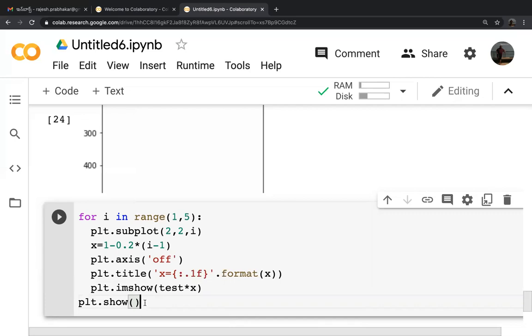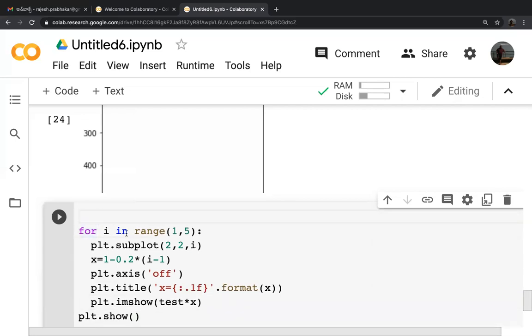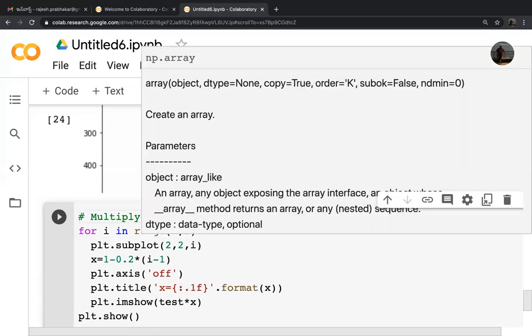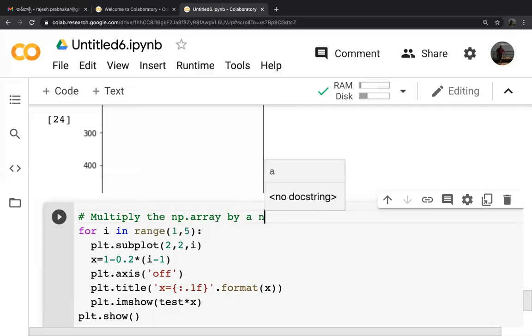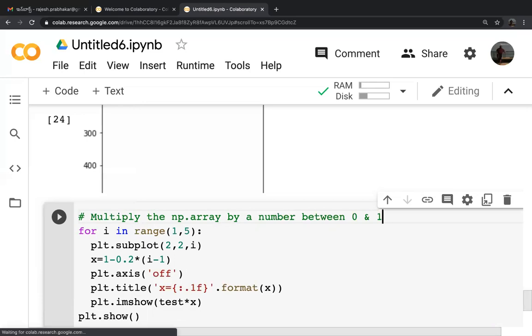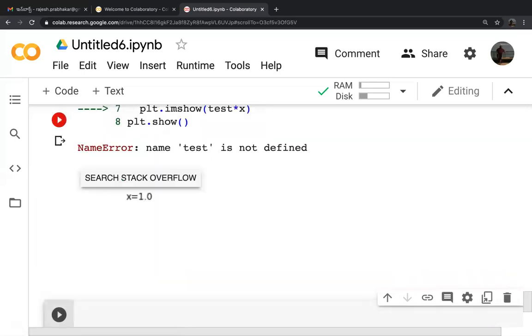For modifying, we multiply the np array by a number between 0 and 1, and we can modify the image. You can see here, the error says test is not defined.